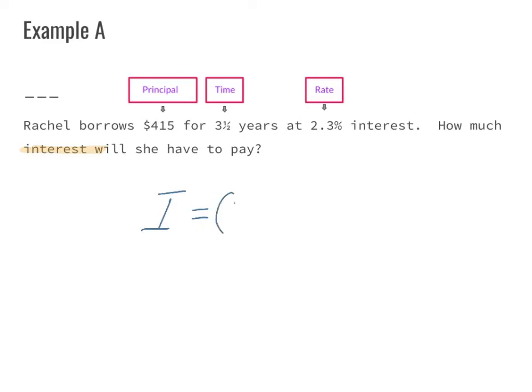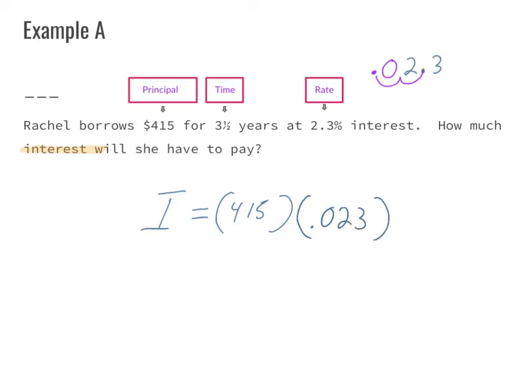So we know we have the principal, that's $415. We know our rate. Now, they gave it to us as a percent, 2.3%. But remember, I can't put percentages in my formula. I have to turn it to a decimal. So since I have 2.3 as a percent, I'm going to move my decimal 2 places to the left, and my decimal is going to be 0.023. And that's what I'm going to substitute into my formula,